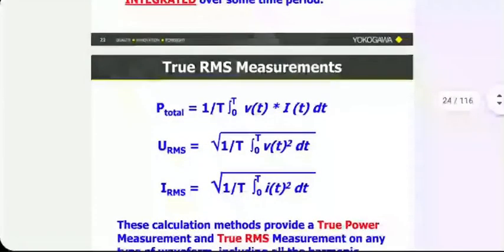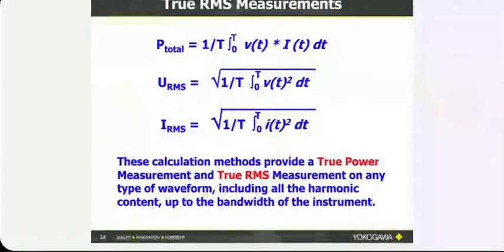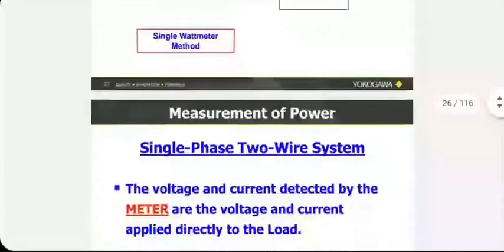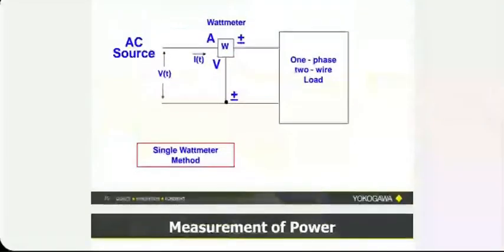We have done all this. In my own notes, these things are there. My symbols are slightly different, yes. This is how a wattmeter is connected. I have already shown it in the other PPT also. It has got 3 connections coming out. 2 are connected in series with the load, and another pair is connected in parallel.